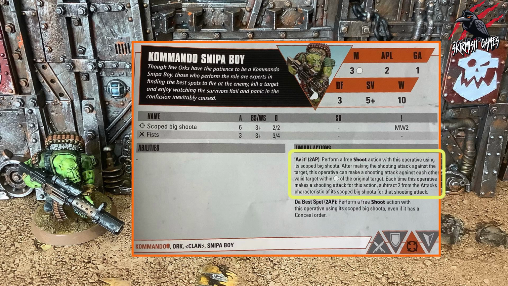So if you can get this guy in a great position, maybe using some sneaky tactical ploys that we'll look at in a little while, then get him in a nice position early on in the game where he can look over and have line of sight to a good number of the enemy fighters who are pretty close together, then I think this would be a really great unique action to use, and well worth using the 2 AP